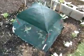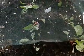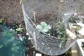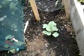This is the tent that I have covering my red chard. It gets too much afternoon sun, but actually, with all this rain, got in there and they're laying down. See if I can help them out a little bit. I'm gonna have broccoli here, broccoli there. This was covered with netting and chicken wire until